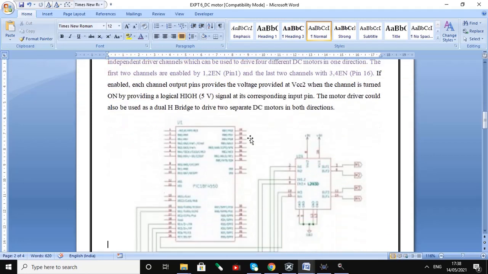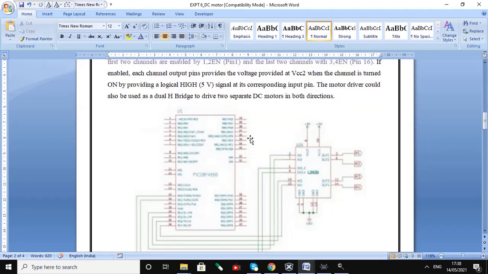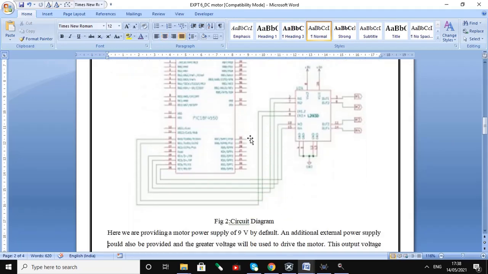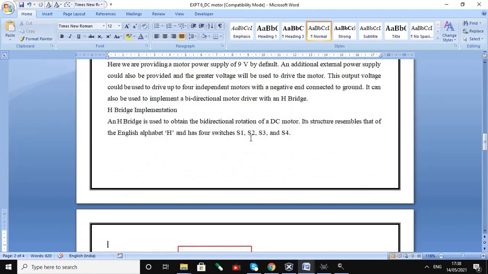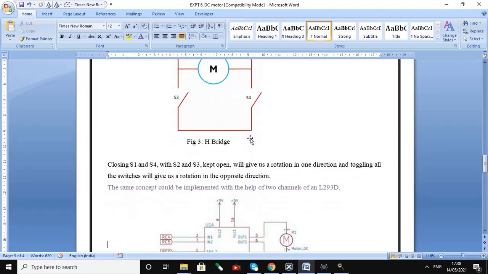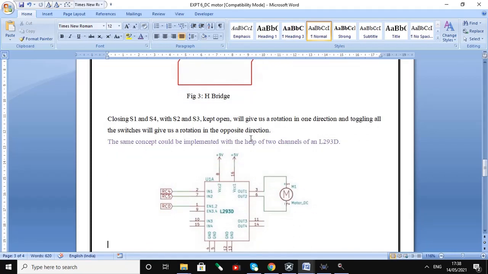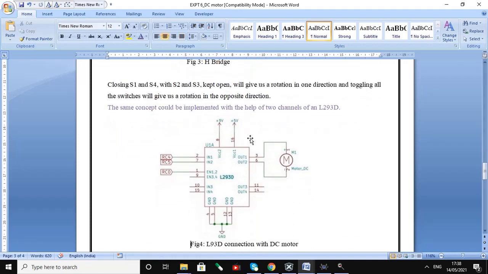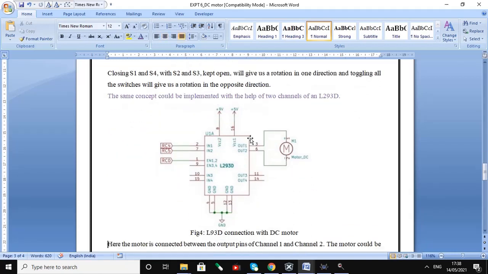So this is an interfacing diagram of PIC18 with L293D and a DC motor. The same concept is utilized by another version of the IC L293D, which is used to drive two motors simultaneously.